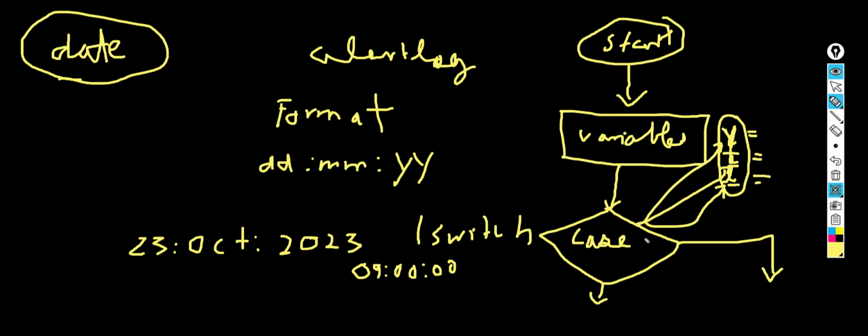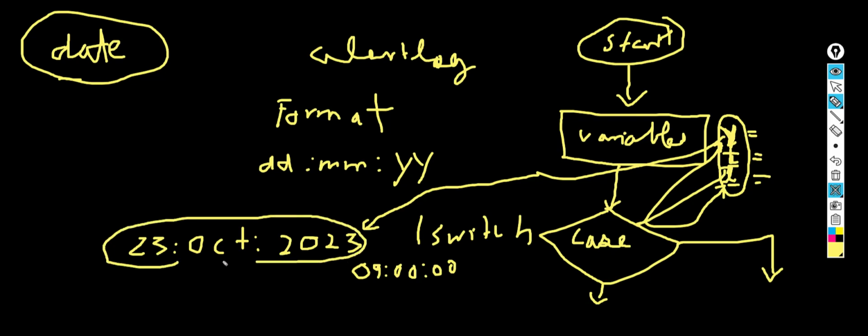So here with the help of the case statement, since I have already used the date command inside this variable, I will be comparing the value inside this variable with this particular date format. Okay, so if this variable contains the particular date of yesterday, so this information like day, month and year will keep on changing, since yesterday, so yesterday there will be a date,